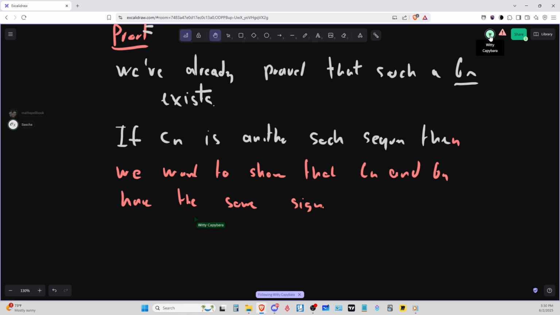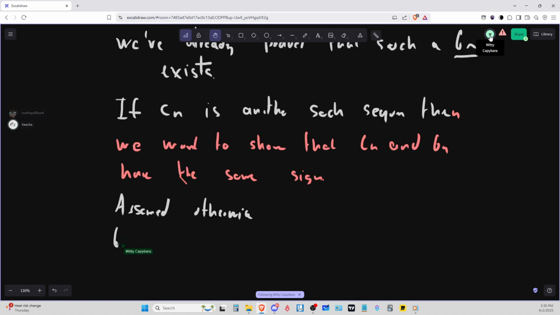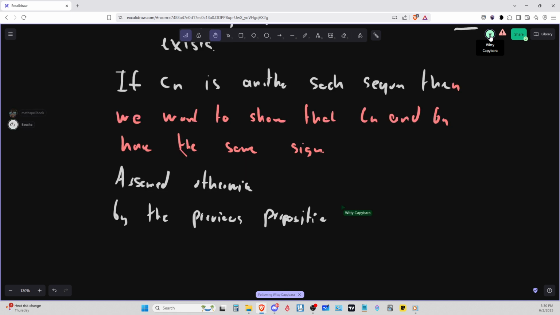So I guess what we can do is we can assume otherwise. Assume otherwise. I think by contradiction this proof would be easier. So by the previous lemma, by one of the previous propositions, maybe proposition is not the right word, but I think you get what I mean. We can assume